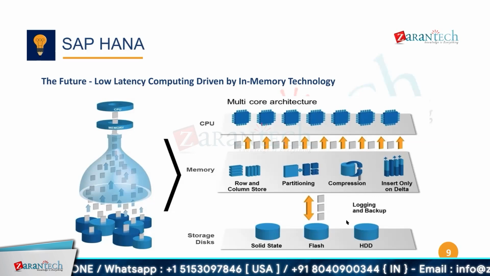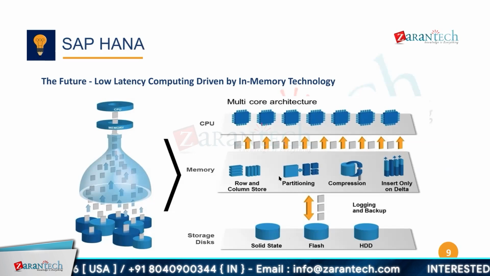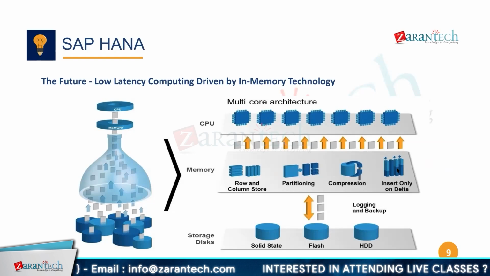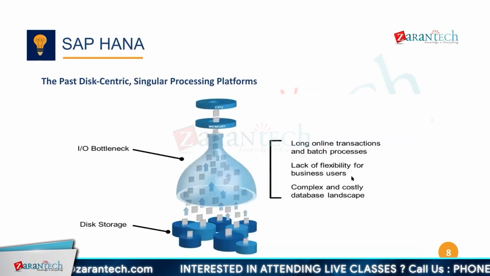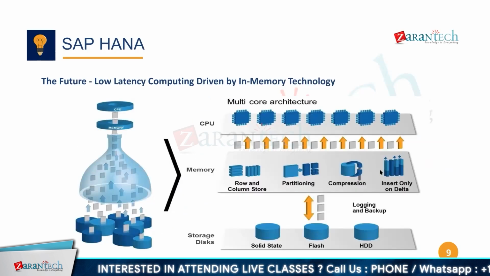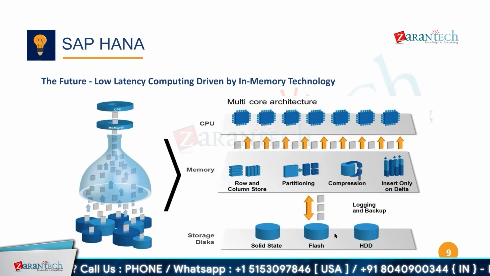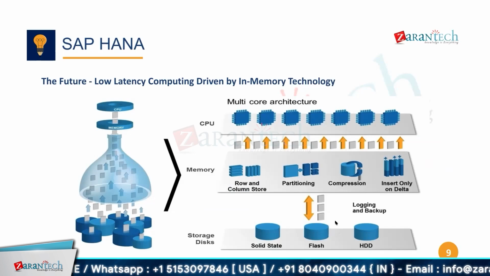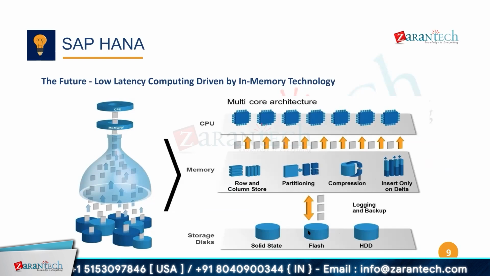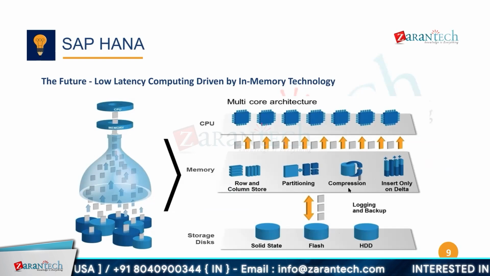Logging has to be the faster one. And moreover, your RAM is taking care of the whole database operations. So you insert only the delta, in the sense only the changes. For example, in the last 1 hour, last 2 hours, or last 5 minutes, only those deltas you write to the database, which means very little IO. From the RAM to your disks, there is less IO because you are inserting only the delta